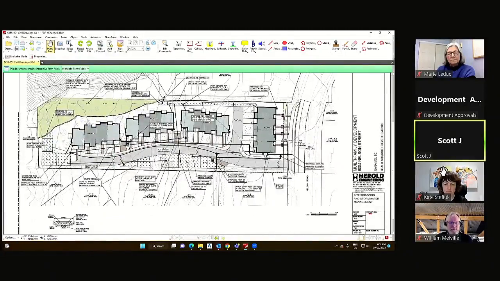Sanitary sewer: there's a sanitary sewer that runs through a right of way, about a quarter of the way down the site through here. So we'll be aiming to connect to that. We've shown multiple options here, with these lower units either having individual pump stations or one common one at the bottom for the whole development that would bring everything to the top and take it away. And water, again, is a shared on-site system,